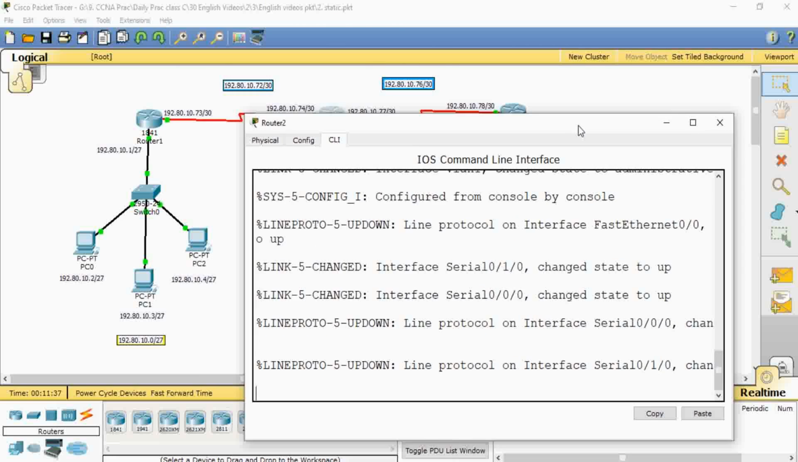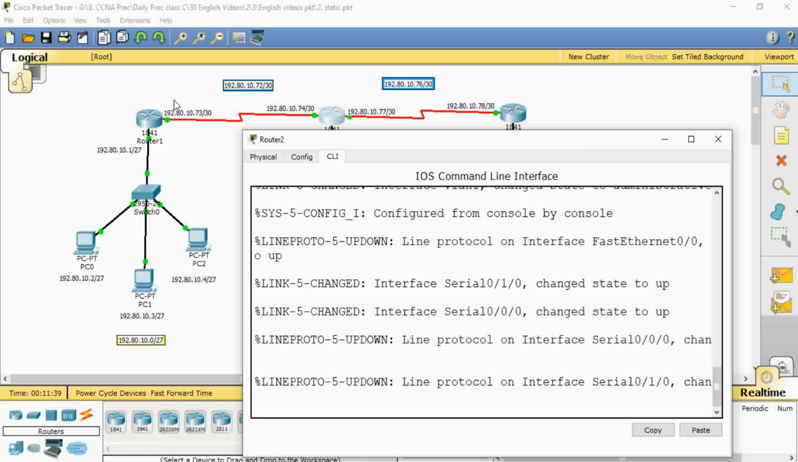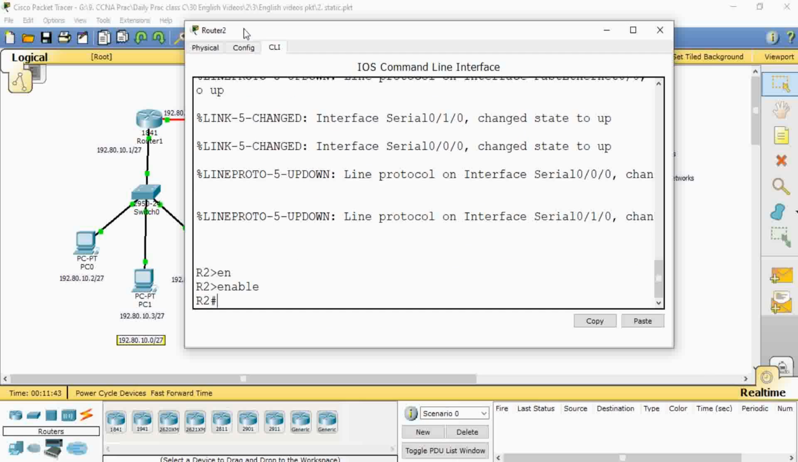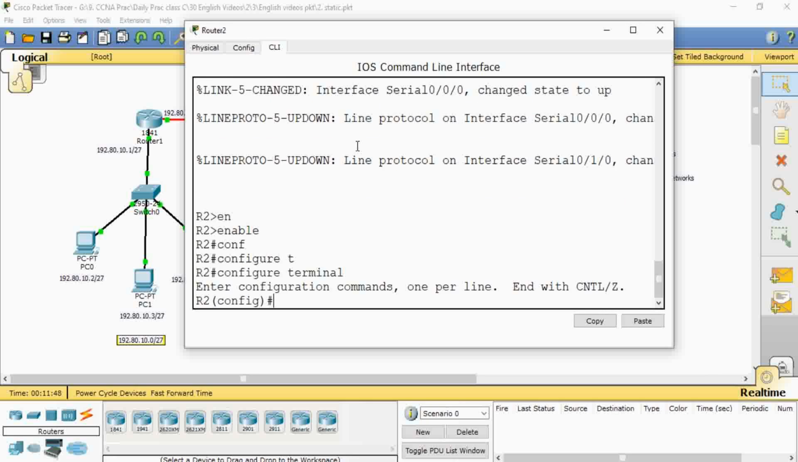Now we are on router 2. So router 1 will be our destination. Type enable to go to privilege mode. Type configure terminal to go to global configuration mode. Type IP route 192.80.10.0 as router 1 destination network, 255.255.255.224 as destination network subnet mask